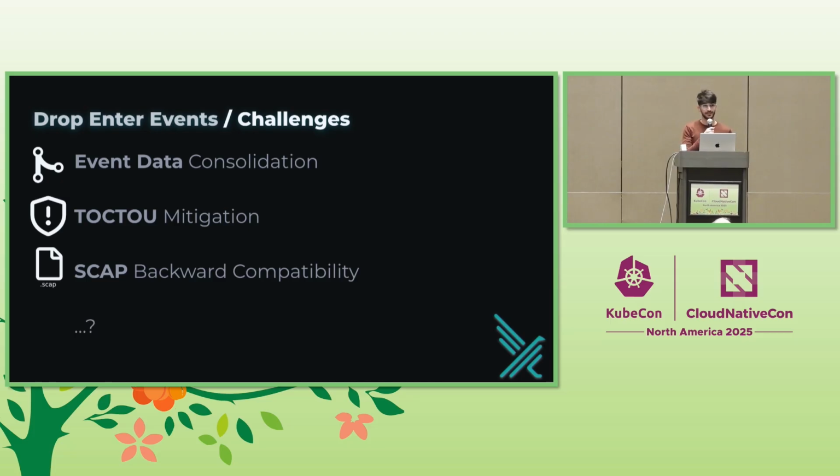Yeah, the second big point is TOCTOU mitigation. Falco already provided TOCTOU mitigation in older versions, but in the newer version, we faced the challenge of removing enter events and still providing the same set of capabilities. So there is not much to say about this. We still generate a few enter events, only for the vulnerable system calls that are really affected and that have been proved to be affected by this kind of attack.